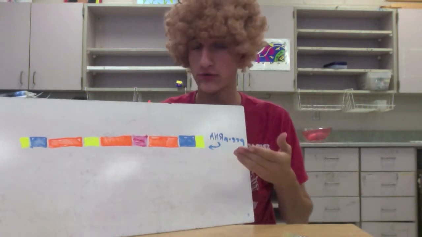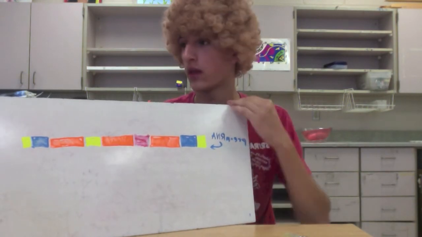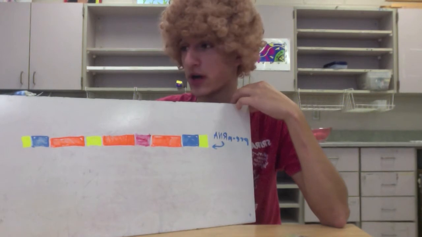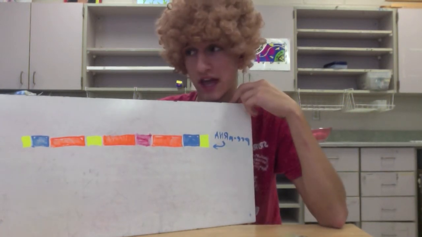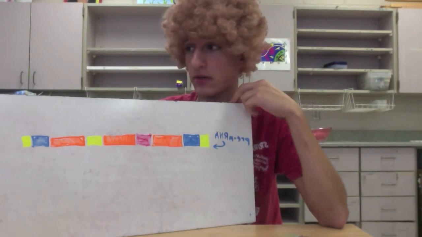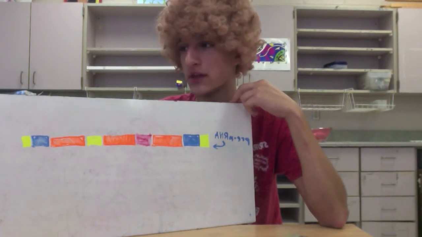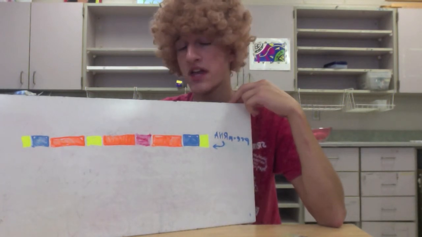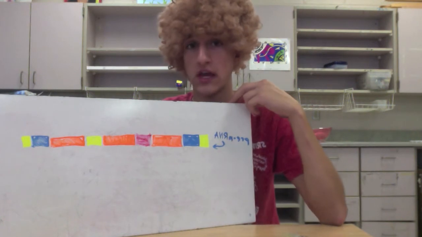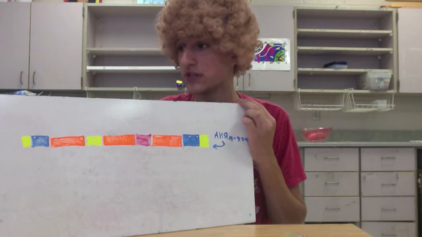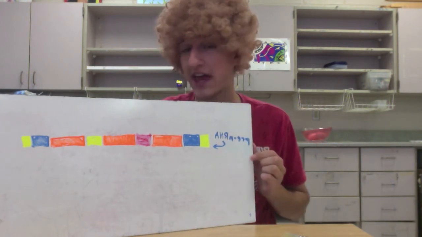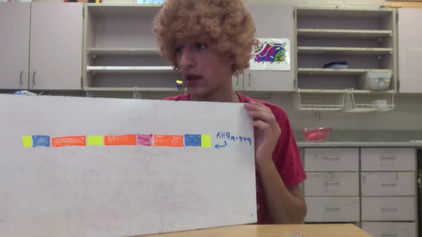Now, post-transcriptional gene regulation, my favorite. RNA processing is the modification of pre-mRNA, such as splicing, capping, and the addition of a poly-A tail, to form mature mRNA that can be used during translation. Alternative splicing is the main post-transcriptional method of gene regulation, and I'm going to demonstrate it for you here. Alternative splicing is the selection of different portions of the mRNA to be used as exons, which are part of the final mRNA, and introns, the pieces to be discarded.